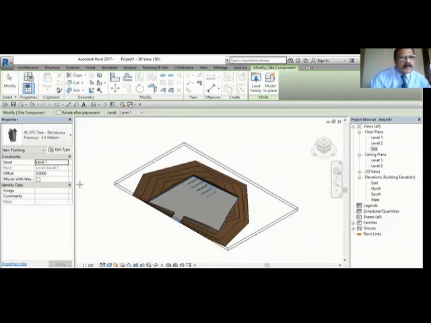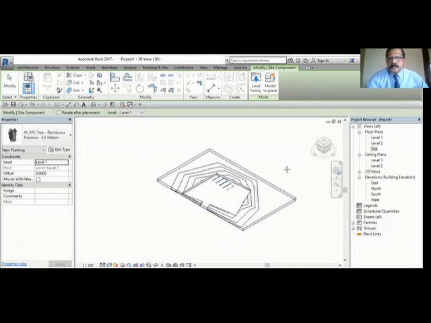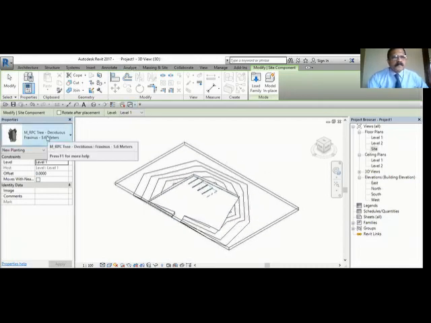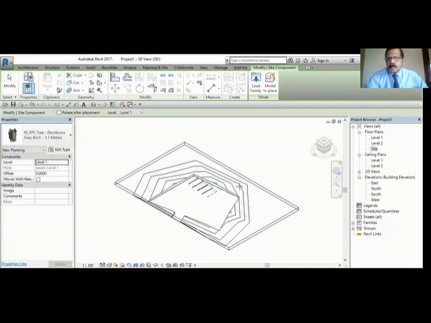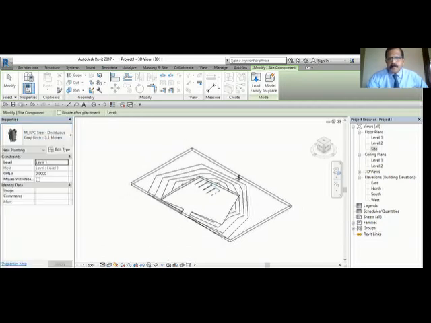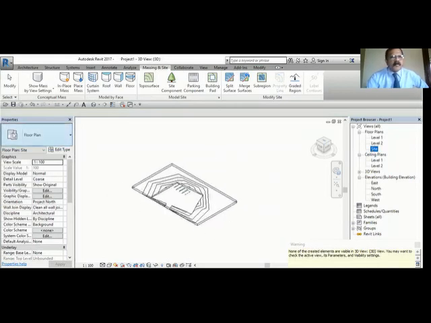There's some problem with the trees not coming. There's some problem with this.